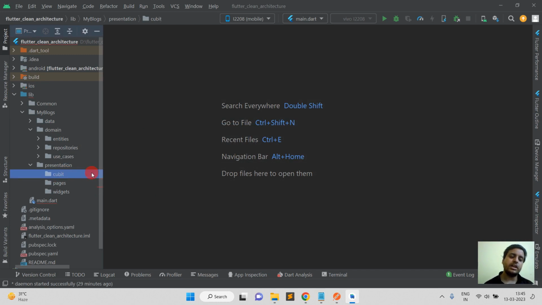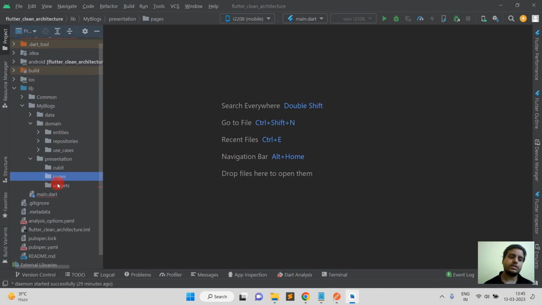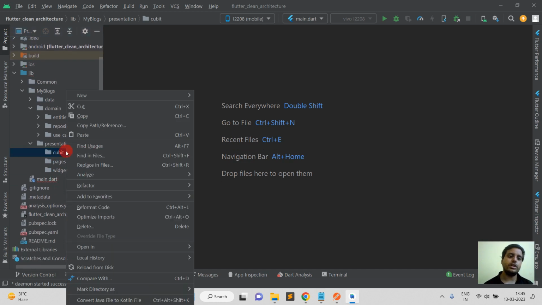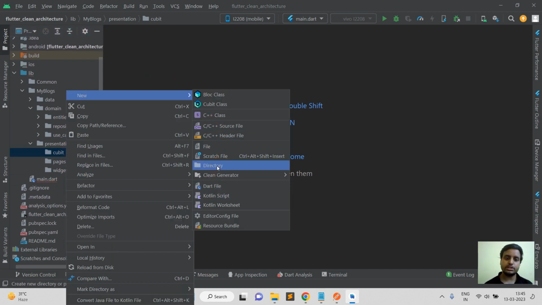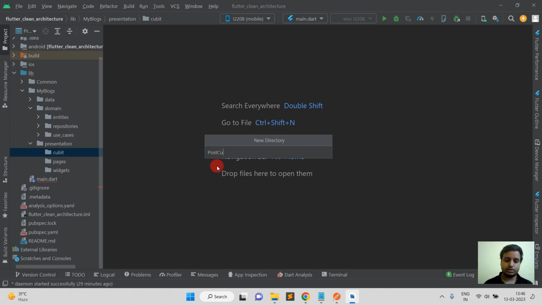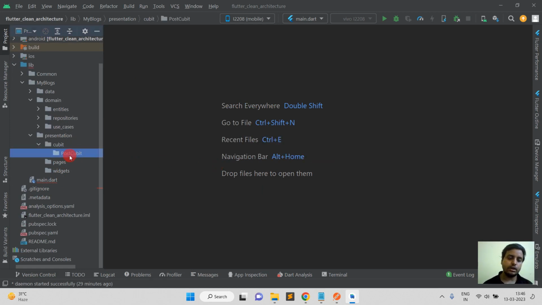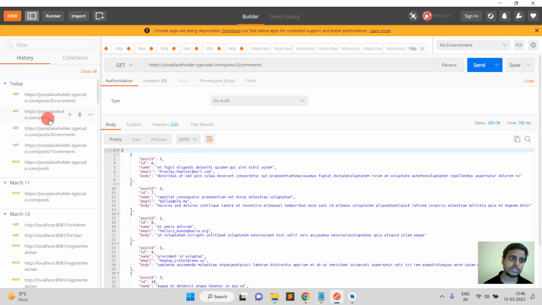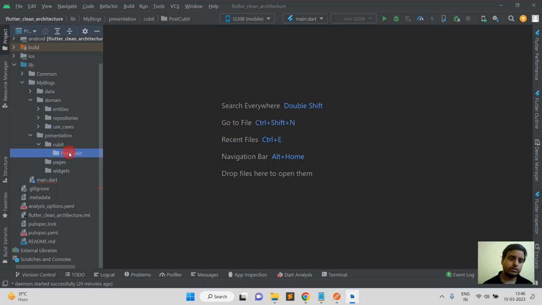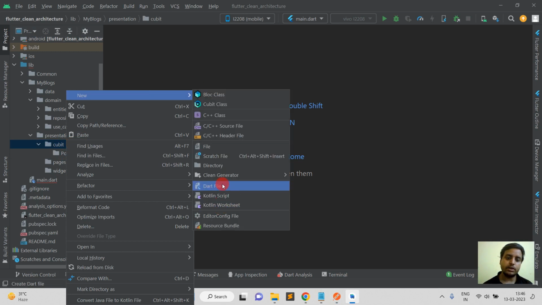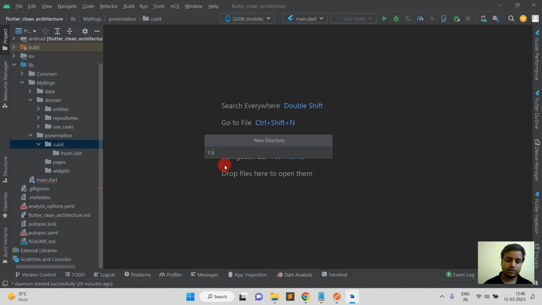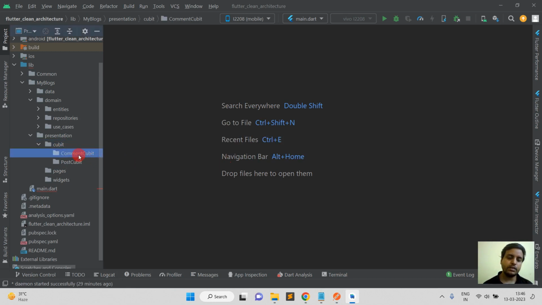You can specify any name here. So firstly I'm going to create two folders here. So just post cubit. So we will execute all the operations related to post. So in the post we are posting the data and we are getting the list of all post. So we will execute all the operations here, and then we will create one more folder here, that will be the comment cubit. So here we will get all the